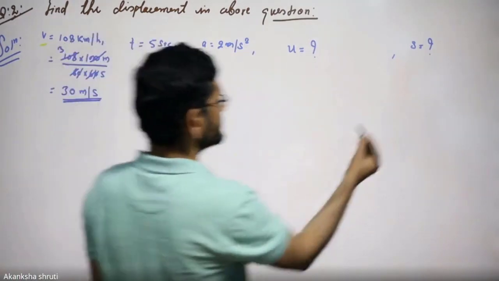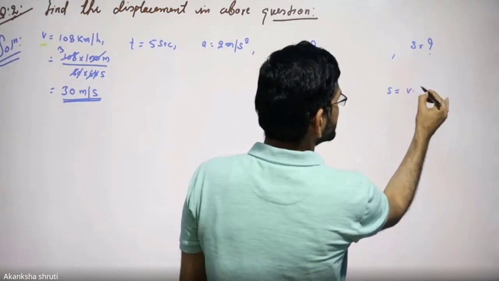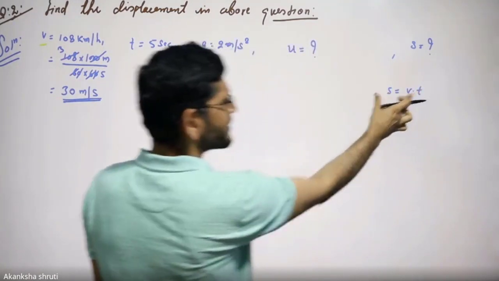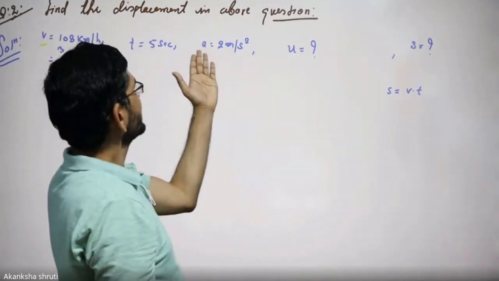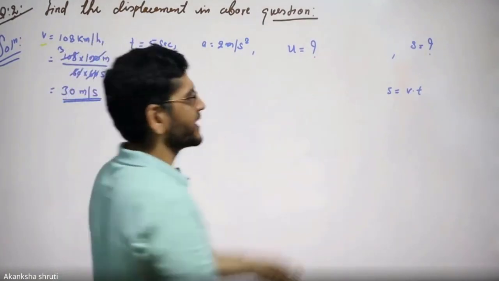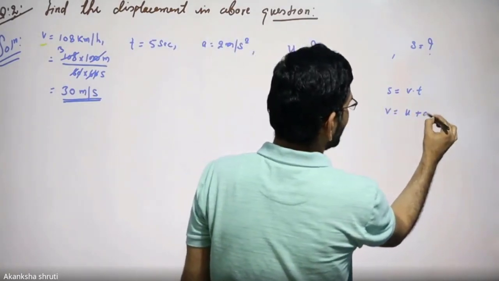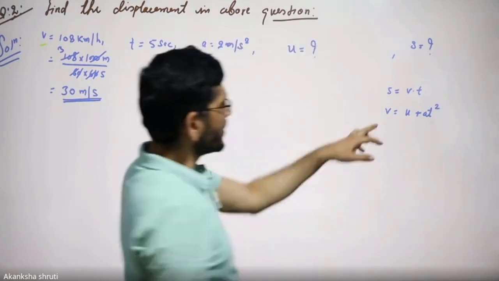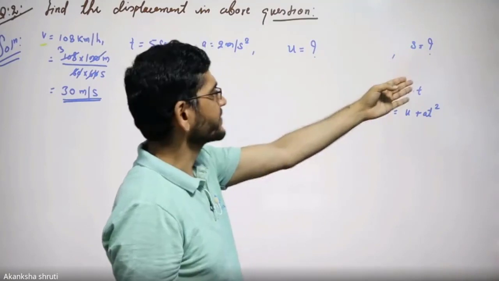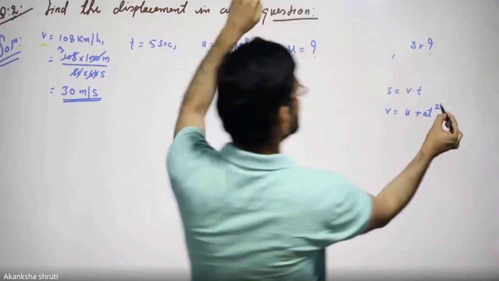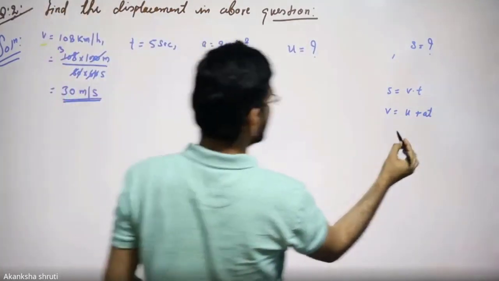Students, we had listed displacement is given by V into T. But there is a limitation. This can be applied for zero acceleration, if acceleration is not there. But here A is given, so surely this formula cannot be applied. Search for the other. V is equal to U plus AT. Now, observe that this formula does not contain the displacement S. So this cannot be used. Then go for the next one.